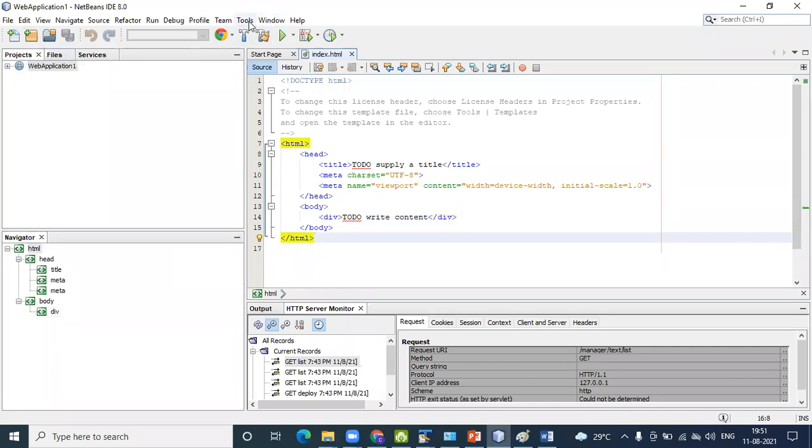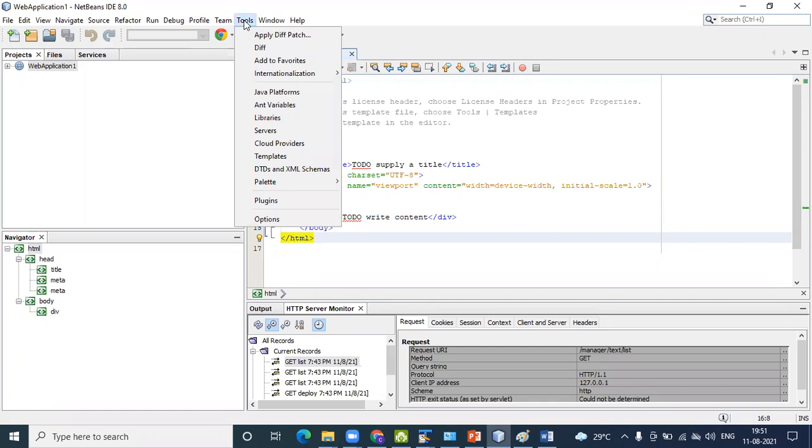Just a minute, I just make the font a little bit larger.